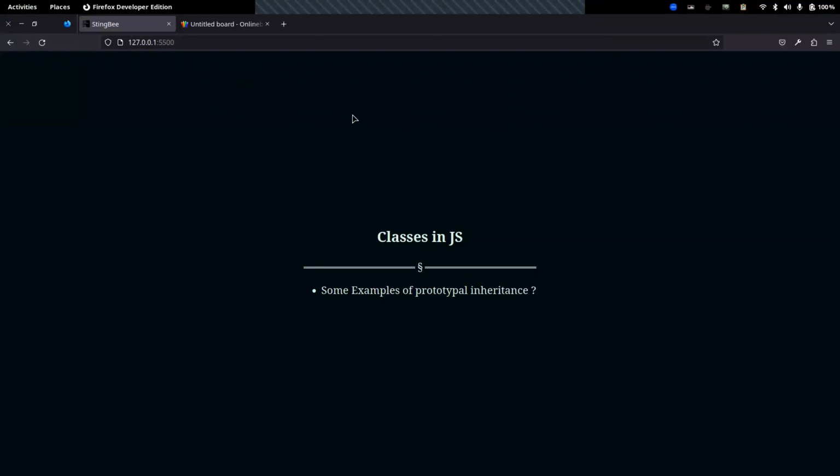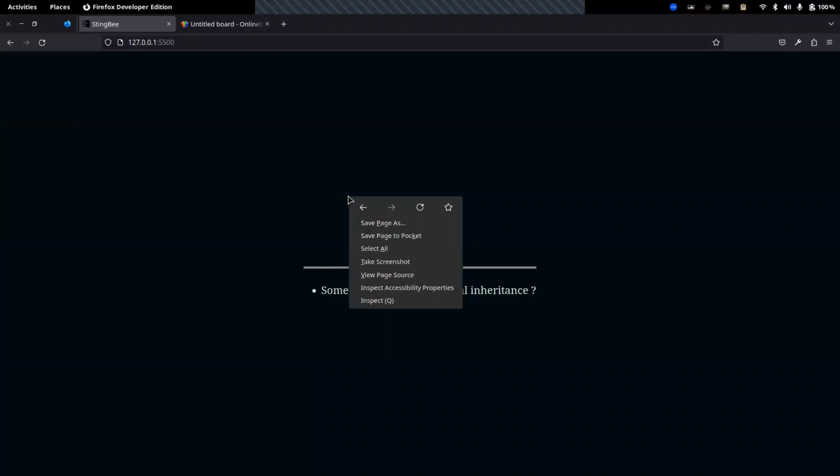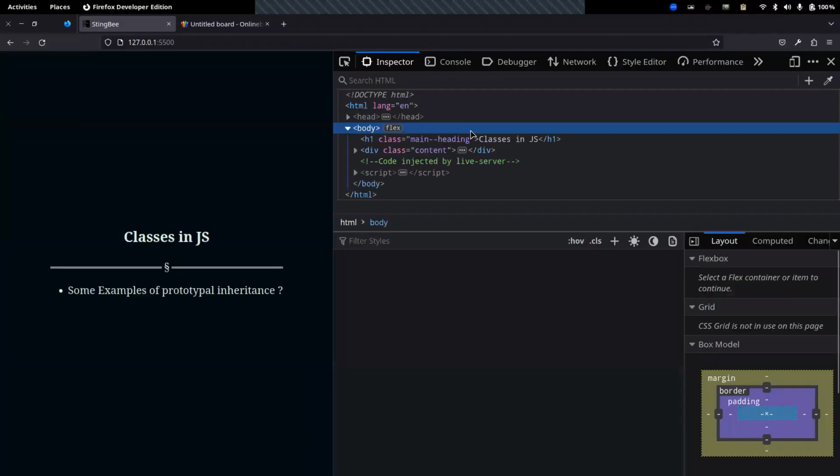Hello everyone. In this video, we'll see some examples of prototypal inheritance that are already implemented in JavaScript in native code, and we'll also see some ways that we can change or set prototypes to different objects, or the objects that we want them to point to, and we will see how it can be done in some ways. So let's just open up the console